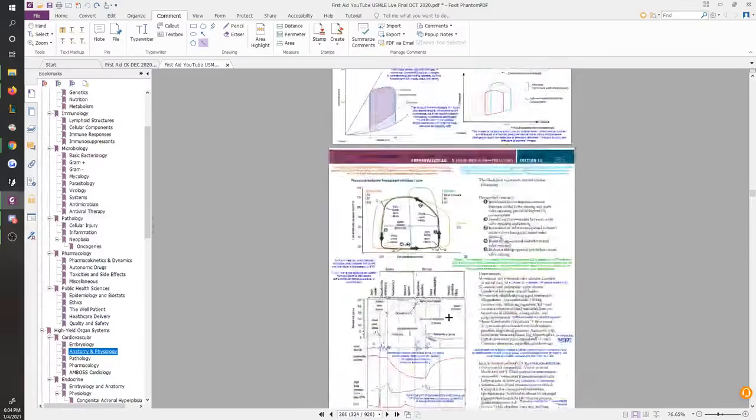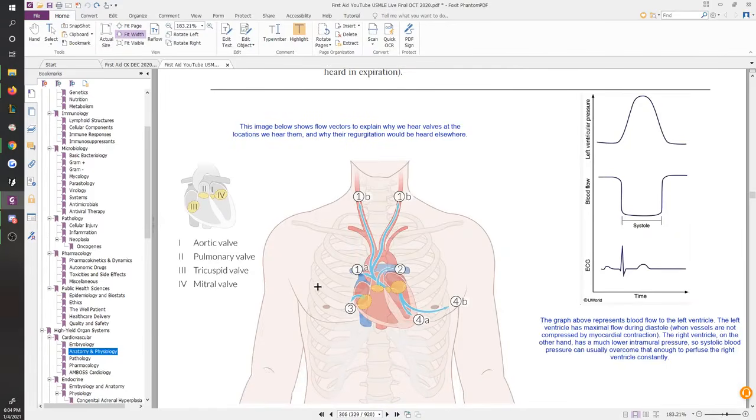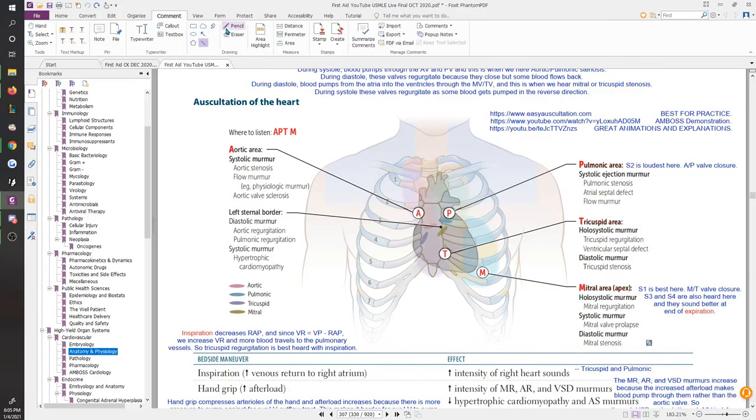Honestly, a lot of students have been messing that up, and I actually entirely blame the image for being in that manner. Right, so Amboss had a similar image as well, where they kind of show you the flow vectors, because that's what's actually important. The reason you hear things is because of the flow vectors, the directionality of where things are going. Okay, that's fine. And they give you this image, and they tell you where you're hearing things. But if you look more closely, the left sternal border, which is right here, labeled, left sternal border has a couple sounds to it, right?